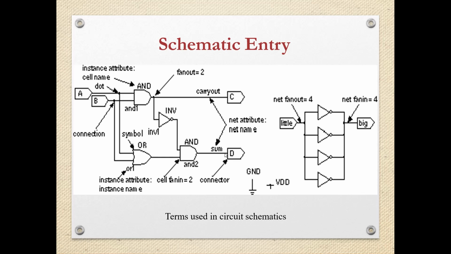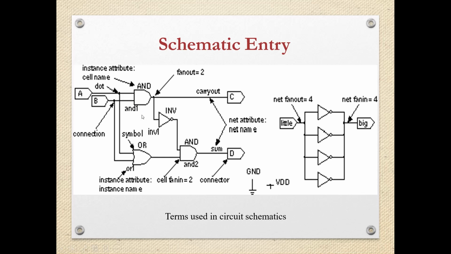So this is one example schematic, and in this example schematic you can see the different symbols and notations are used. So what is the purpose of these things? These symbols and notations will be useful if the design has some repeated blocks, like in this particular schematic itself, you can see there are a number of AND gates. If you see the symbol for this AND gate, just the cell name is given as AND, and